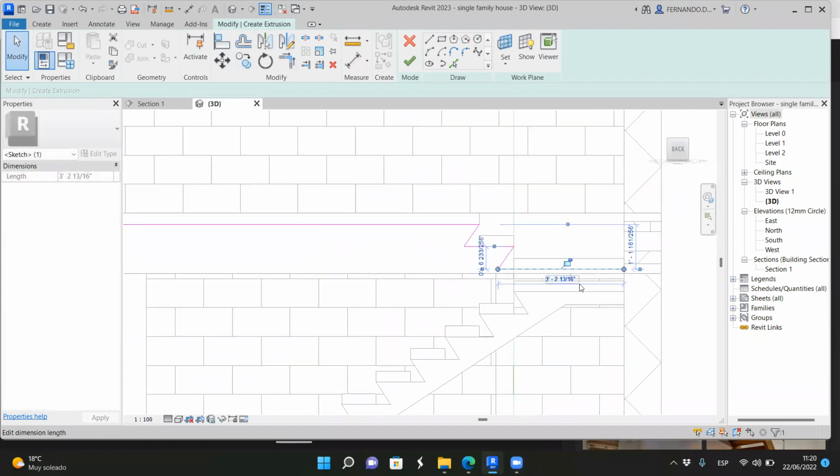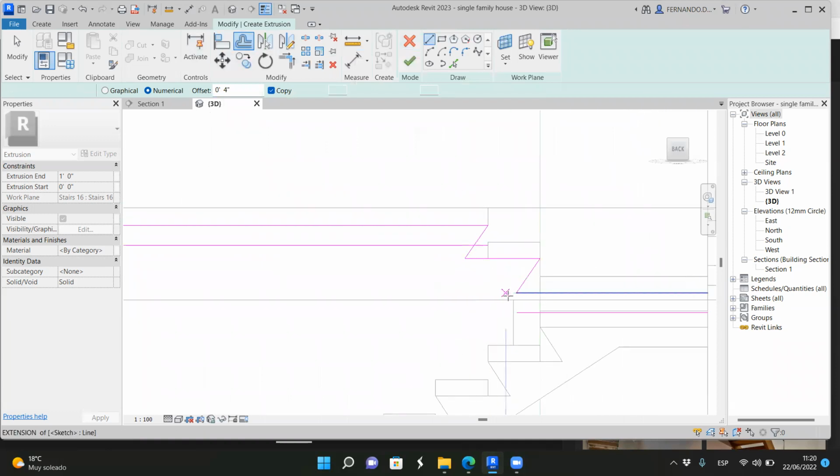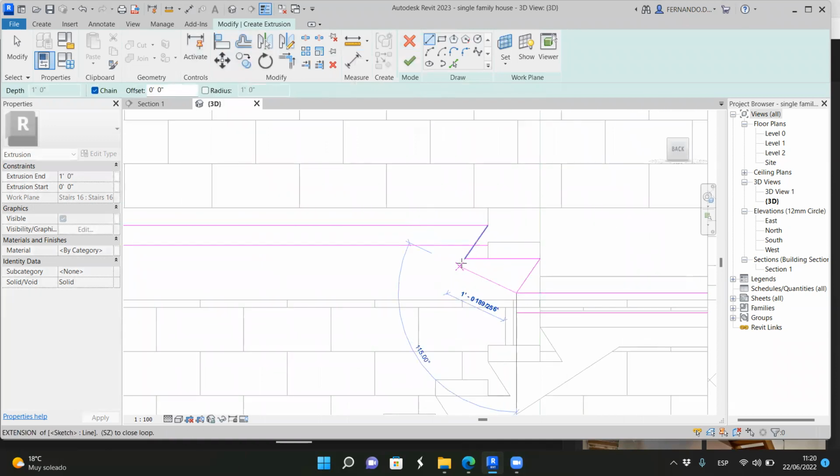Now we had an offset of 4. There was a 4-inch offset. So I select offset, I select 4 inches, I go down here, and now I have to draw another line